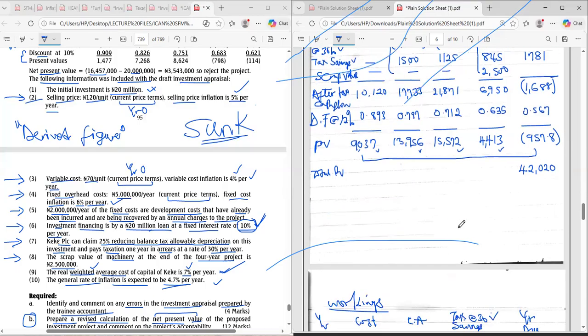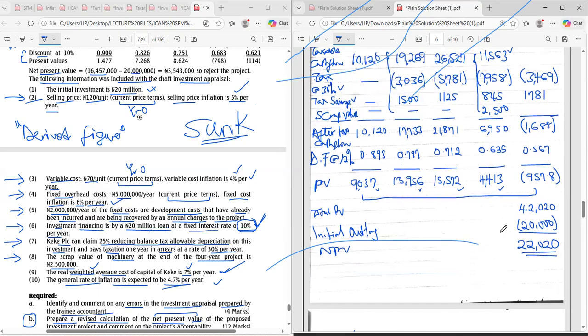Total PV. Then the last thing is our initial outlay. Your initial outlay is that year 0 that people don't want to allow me to rest. What is the year 0? 20,000, which is 20 million. You just move it. It doesn't mean anything. So your NPV will now be what? So should we accept this project or not? Because why? It has a positive NPV. That is all. Any question?